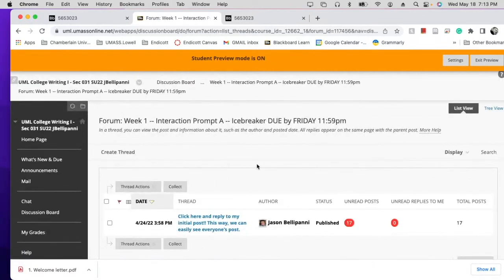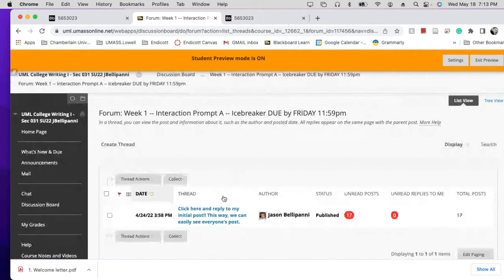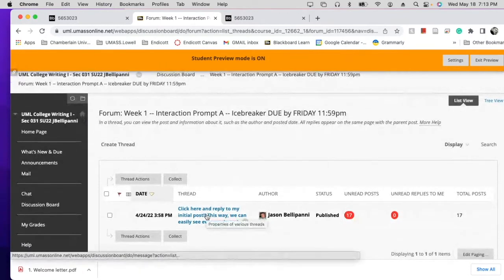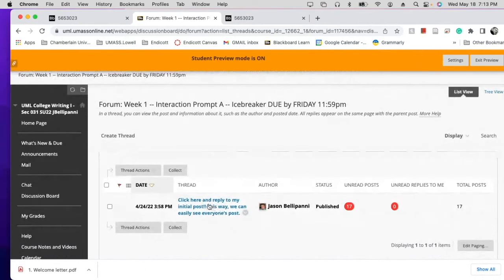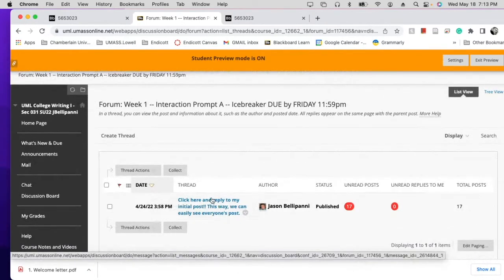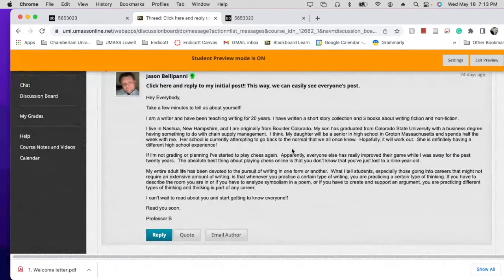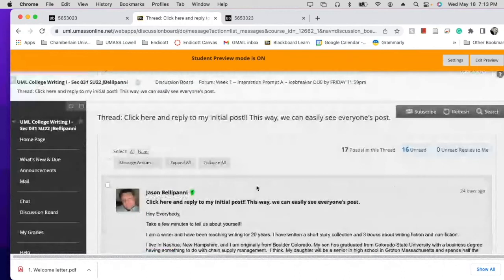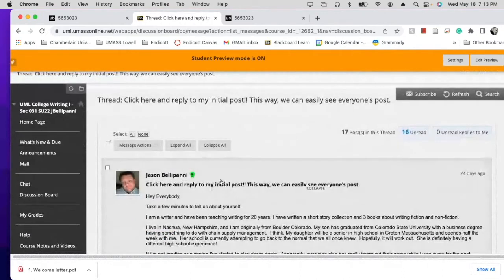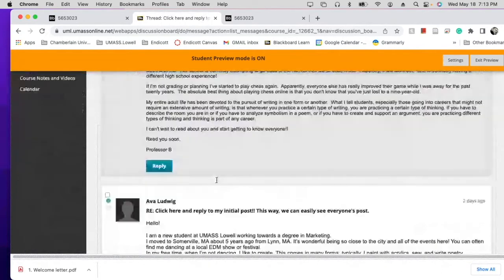So I just clicked on interaction prompt A. This week, prompt A is just an ice-breaking prompt, right? I'm trying to set this up so that we're all in the same place and we're not all just creating separate things that no one ever looks at. So I'm going to have an initial post, and then the idea will be you can reply directly to my post.